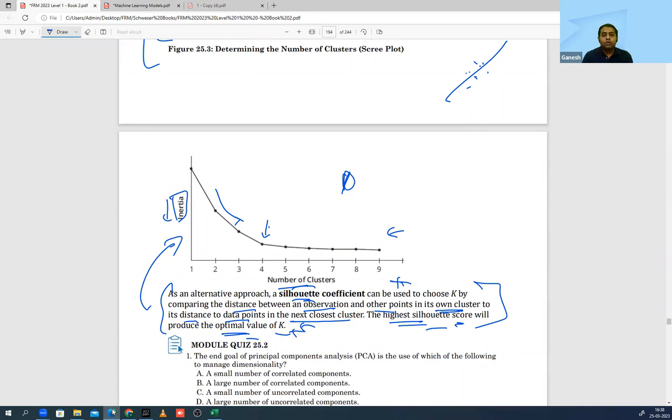Okay. So every time you add a cluster, you run this process and see whether you are getting a very high score or not. It will produce the optimal K. When you get the highest score, that means you have to stop. So if I add 5 clusters, I'll get a score. If I add 6 clusters, I'll get a score. I'll keep on calculating for the number of clusters. Whichever is giving me the highest, I will stop. I will say I will only go for 4 clusters. This is just an approach to identify how many clusters are needed. Okay. Read this section.